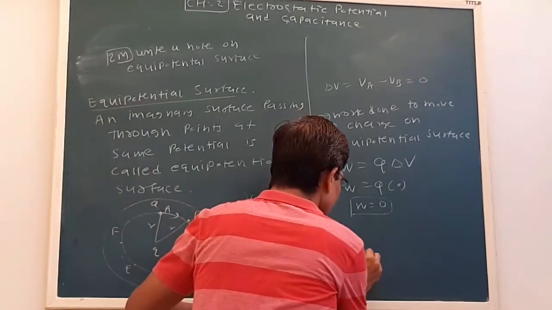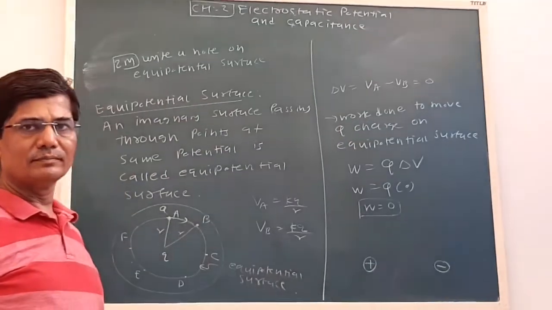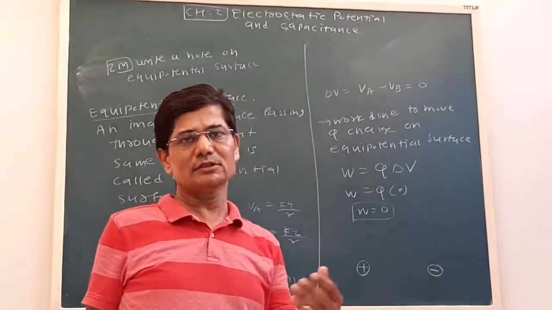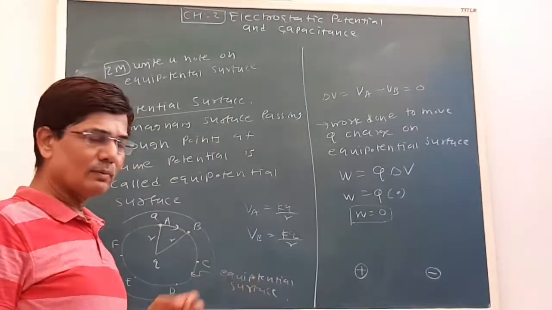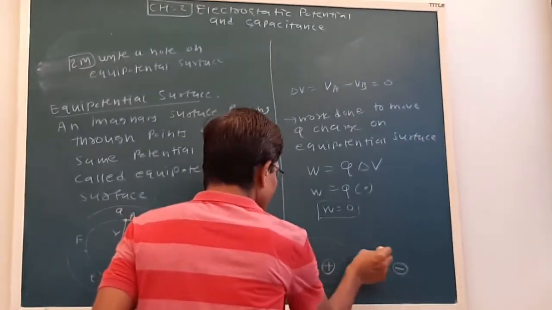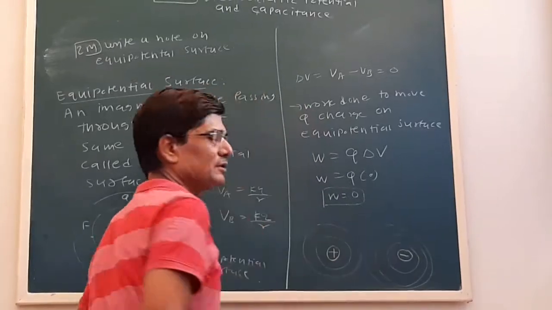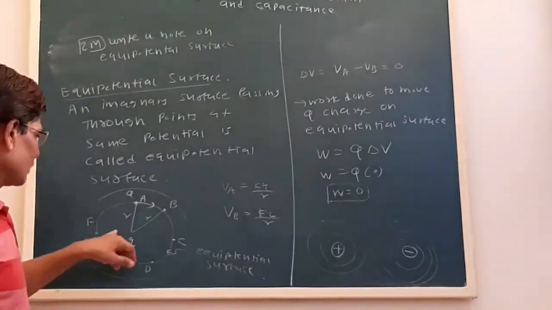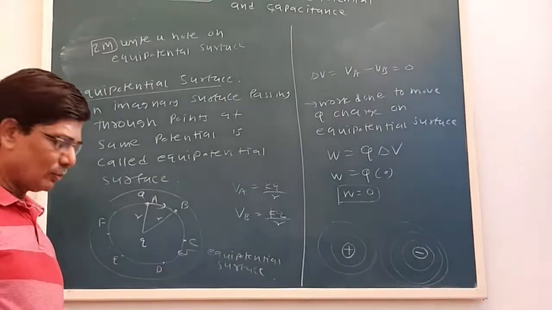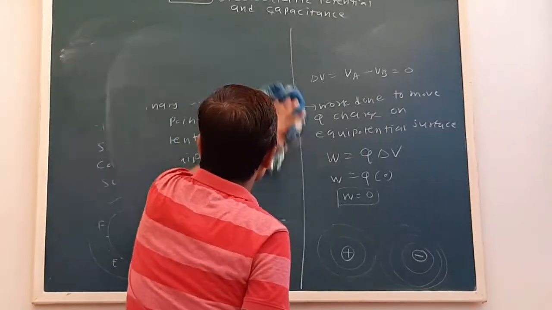See, right now we have drawn for the point charges. Suppose we have an electric dipole, okay, and we want to draw equipotential surfaces. We know a dipole is a system of 2 point charges, so we can again have concentric circles which are equipotential surfaces. Okay. See, Q can be positive or negative. Depending on that, we can draw equipotential surfaces.